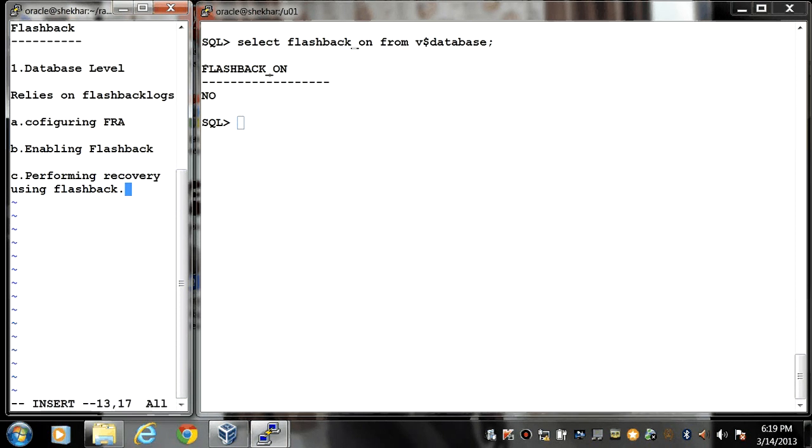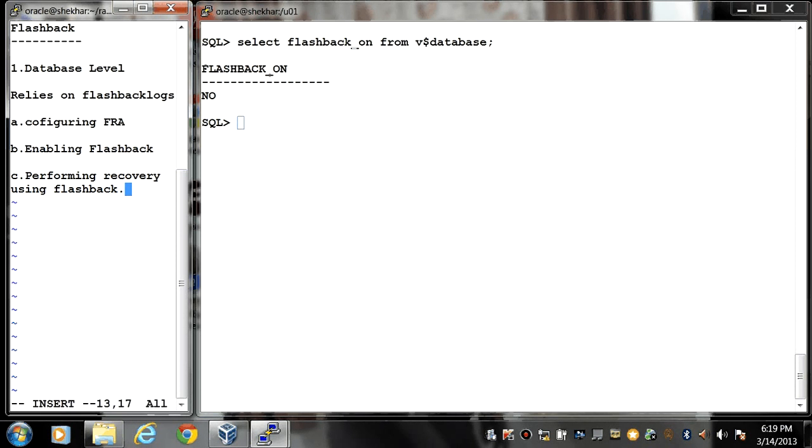So first you should know what is flashback at database level. The flashback database feature allows you to restore an entire database to a point in time, undoing all changes since that time. It works like a rewind button for the database. Using this feature you can restore a dropped schema or truncated table. Flashback database mainly uses flashback logs to retrieve older versions of data blocks. It is an alternate of incomplete recovery.